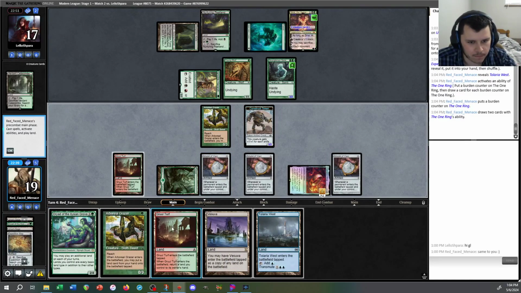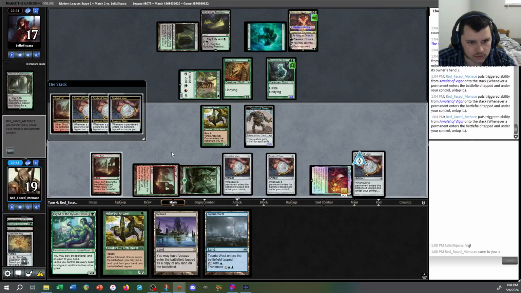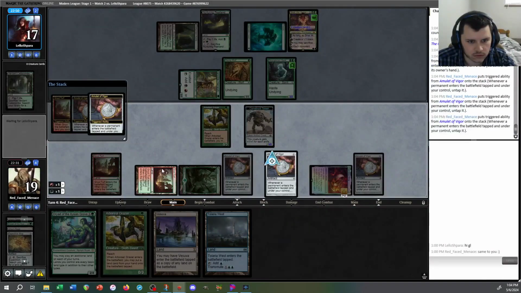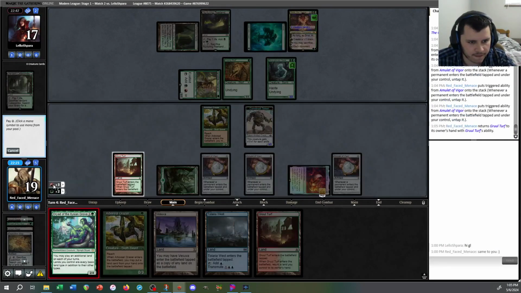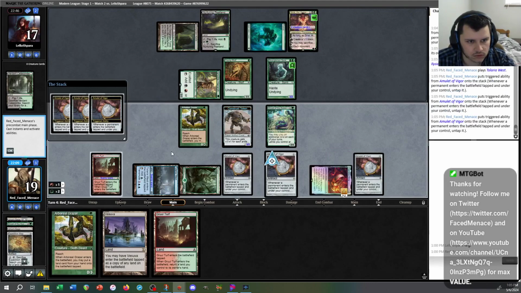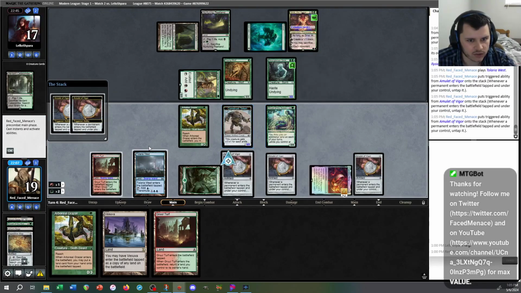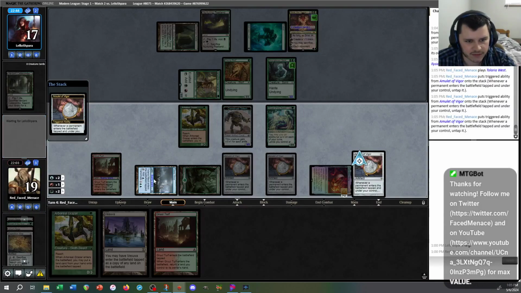Okay, so we go Bounce Land. Guess we just keep the Cruel Turf in hand. No reason to commit the Vesuva. So we have 3, 4, 5, 6, 7, 8, down to 7, up to 11. Should be enough. This way, even if they had an instant speed way to kill Dryad, we'd still be good. So, not that I expect them to actually have that, but...